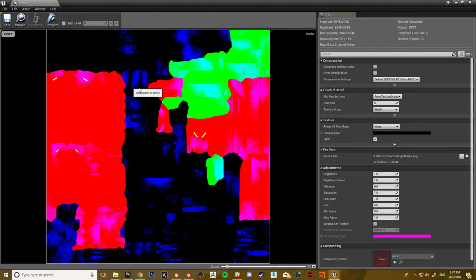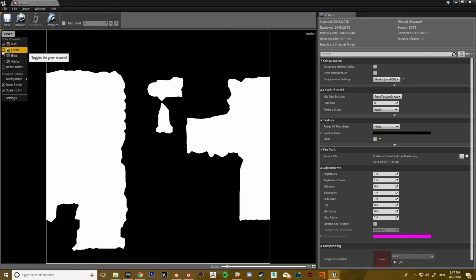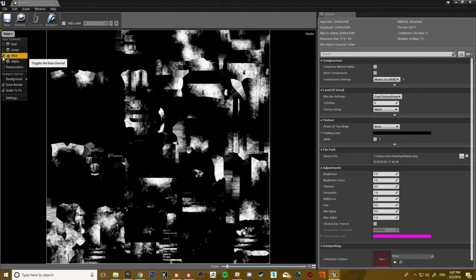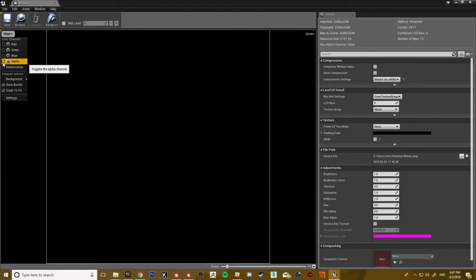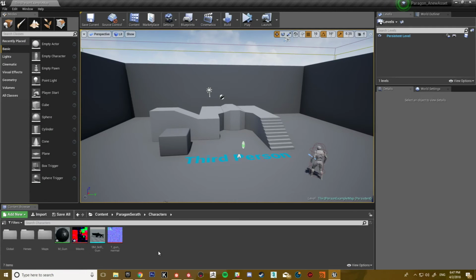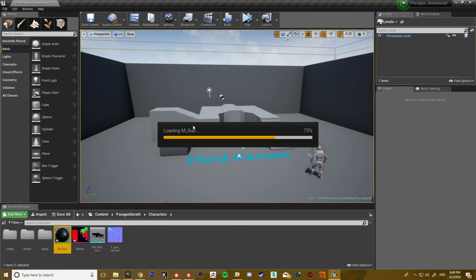And what we're going to want to do with this is actually just turn sRGB off, so that the different channels aren't being compressed differently to the way that they were exported. And you can actually just change that to masks, which is going to turn off the sRGB for you, and give it a compression that it thinks is necessary. And as you can see in the different channels now, I've got some interesting stuff going on. That's clearly my dirt channel. The alpha hasn't come out. Oh yeah, because I exported it as I don't have an ambient occlusion map, right? So I'm going to open this material,